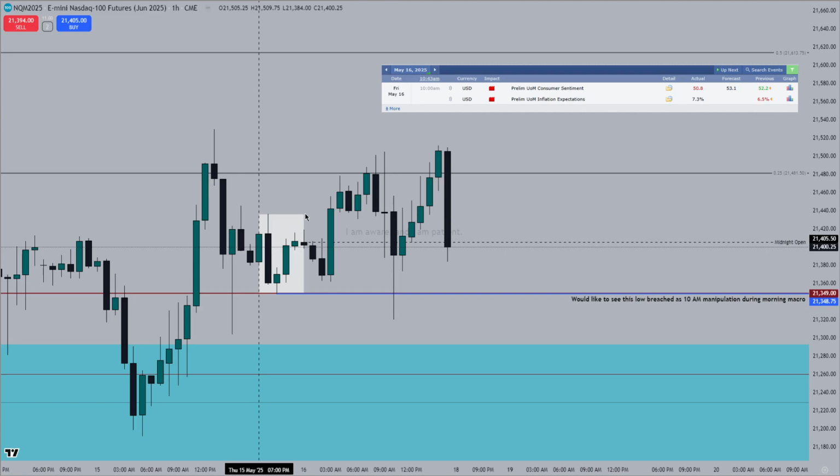Now, in this case, me personally, I did not have a clear read on price. I was left in a position where it was very awkward for me to decide how price would continue to move. Following Thursday's reach to the 0.25 level of the weekly SIBI, it would be the most wise decision for me to just sit and wait and look at how price continues to trade and get further data on further price actions.